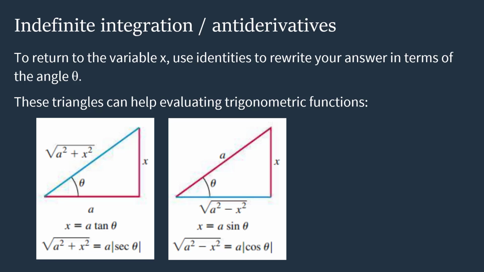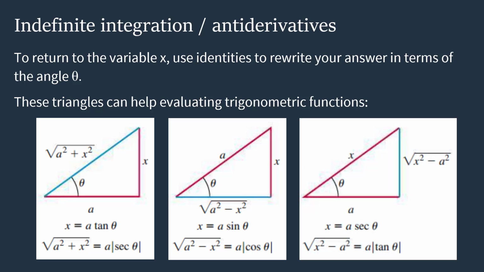Well, that means then x over a is the sine of theta, and you get, of course, x equals a times sine of theta as our substitution. And you can get the remaining blue leg, once again, by using the Pythagorean theorem. Lastly,